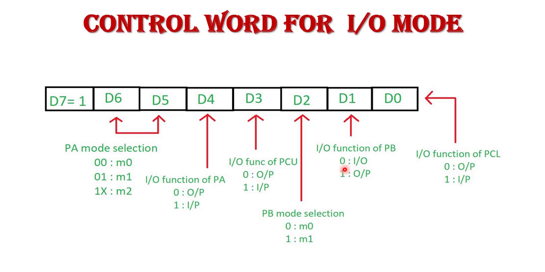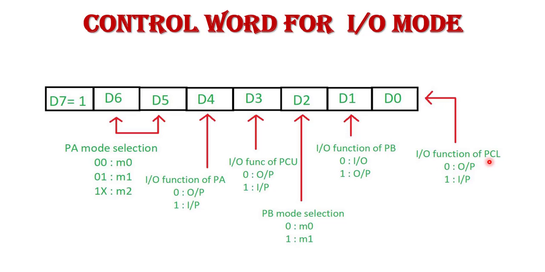If the value of this D1 is 0, port B works as an input port. If the value of D1 is 1, port B works as an output port. Next and last, the D0 bit, the least significant bit of the control word, defines the input output function